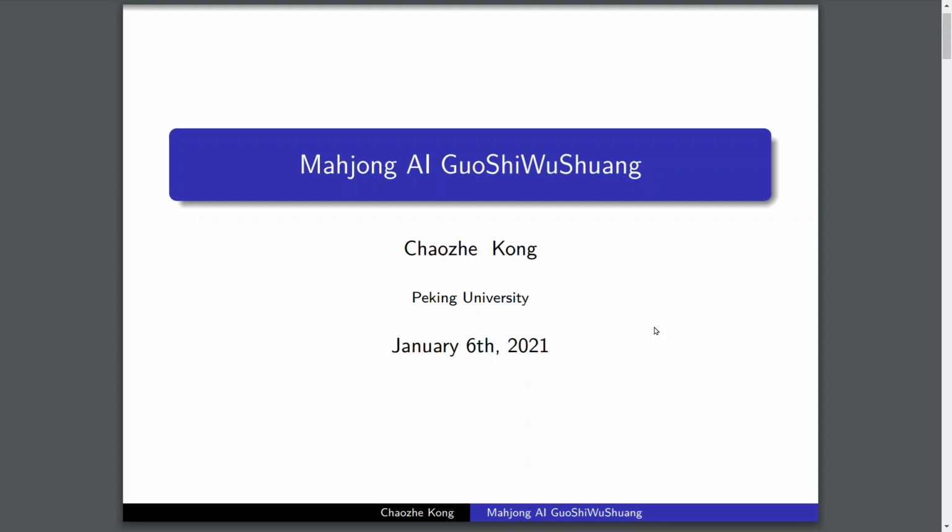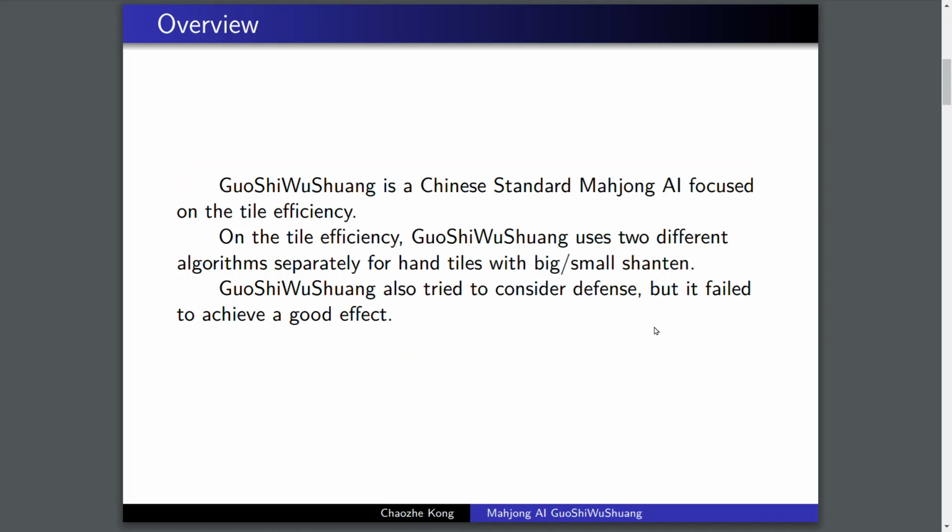Hello, I'm a grade 2 student in Peking University, and let me introduce my Mahjong AI 国士无双. 国士无双 is a Chinese standard Mahjong AI focused on the tile